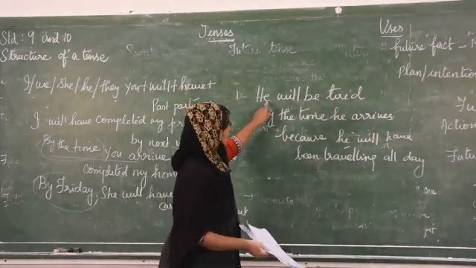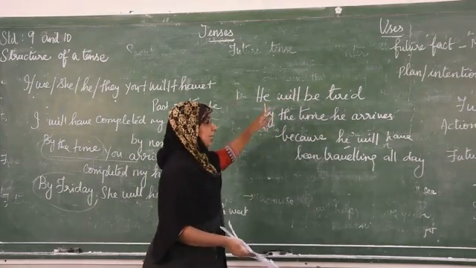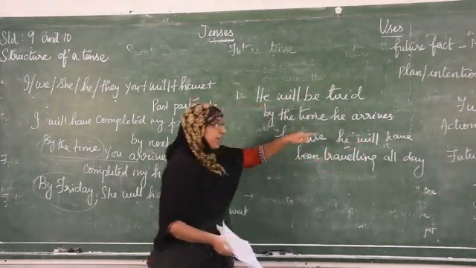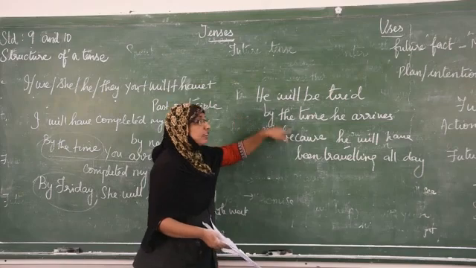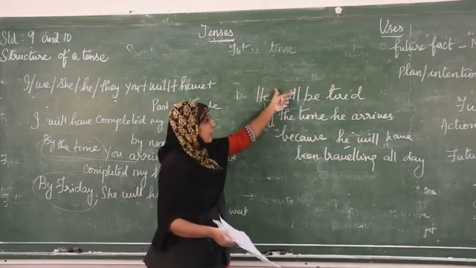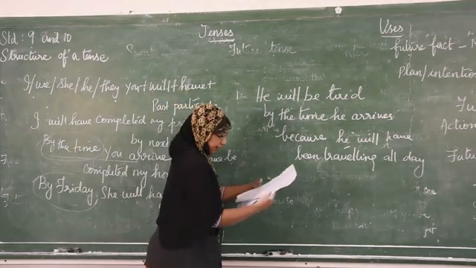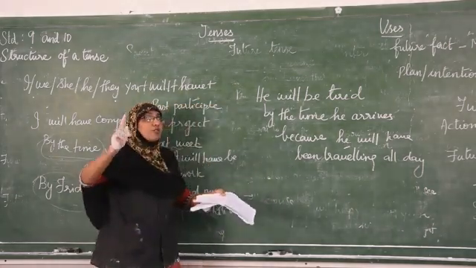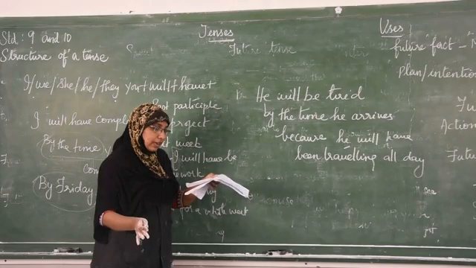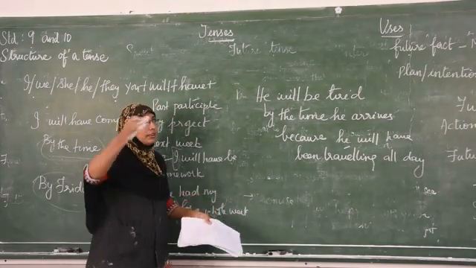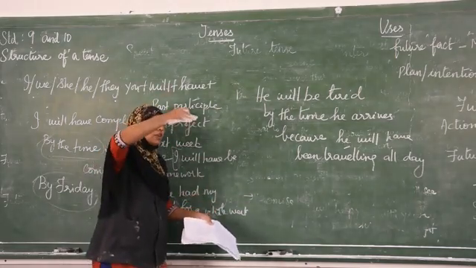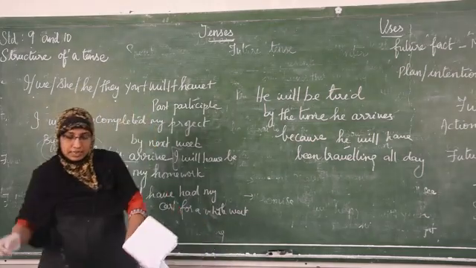So it refers to an action, a cause for something in the future. For example, he will be tired. Why will he be tired? Because he will have been traveling in the future. What? He will have been traveling all day. That's why he would be tired here. And one more thing, duration of time. She will have been working for 10 years by the time I return. That means what? When you return, she will have been what?